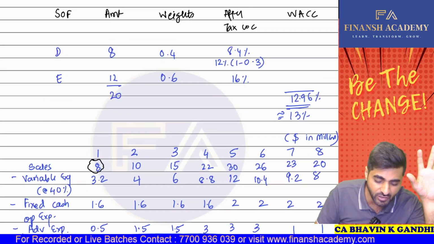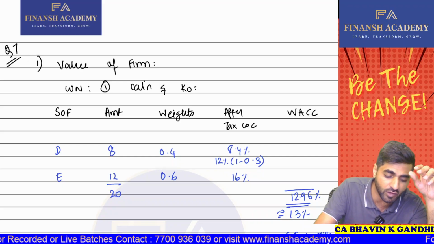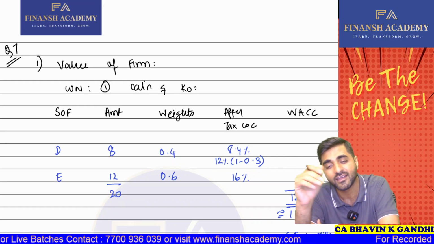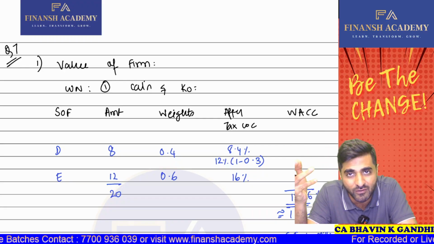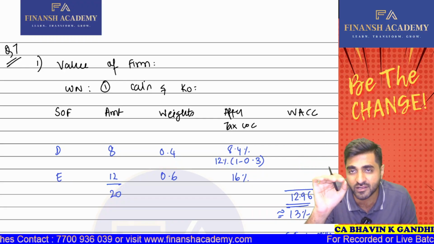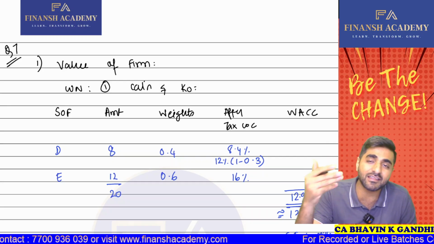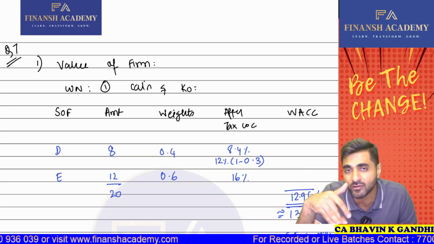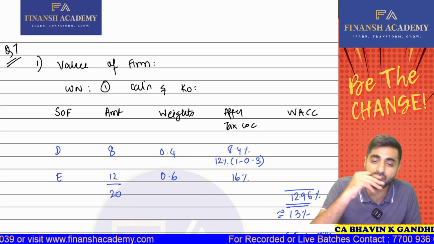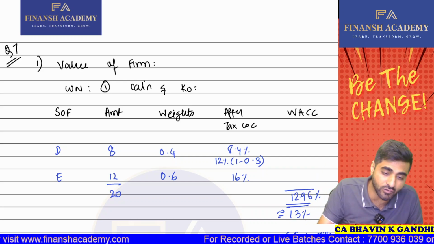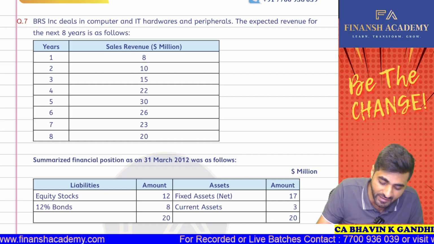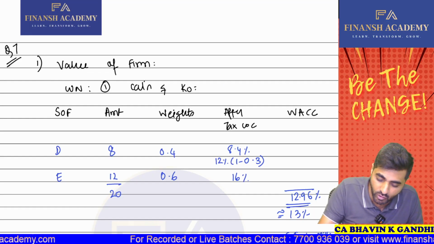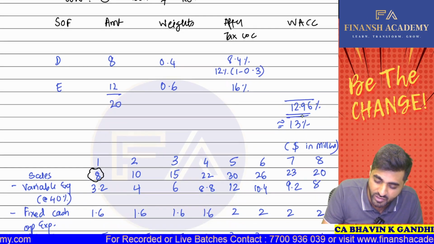See, first of all, in this particular question, when they ask you to calculate the value of the firm and value of equity, we can definitely calculate the value of the firm based on the FCFF model. And after we get the value of the firm, from that we subtract the value of the debt, we ultimately get the value of the equity. Okay. So for value of the firm, we need calculation of the KO. So do we have debt and equity both in the capital structure? Yes, sir. So we do have debt and equity both, and based on this, we got your WACC,